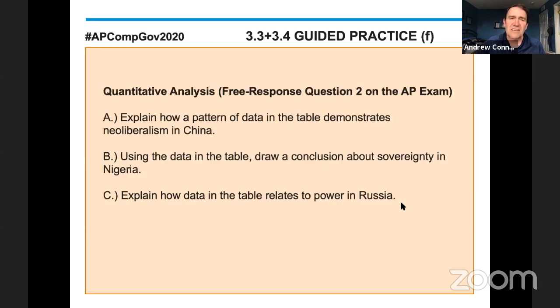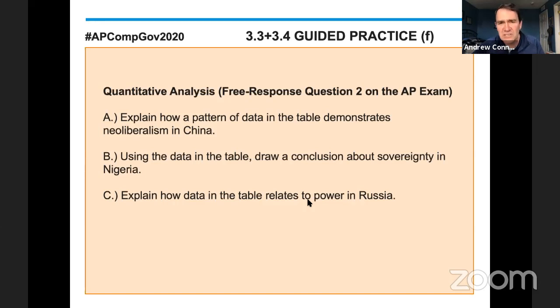And the question is a 3-part question, A, B, and C. Explain how a pattern of data in the table demonstrates neoliberalism in China. Explain, using the data in the table, draw a conclusion about sovereignty in Nigeria. Sovereignty is a word that we got from Unit 1. And also a topic or a concept we got from Unit 1 is explain how data in the table relates